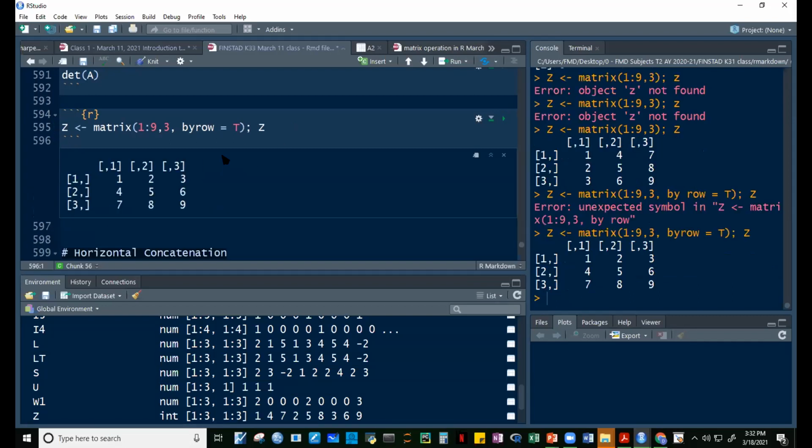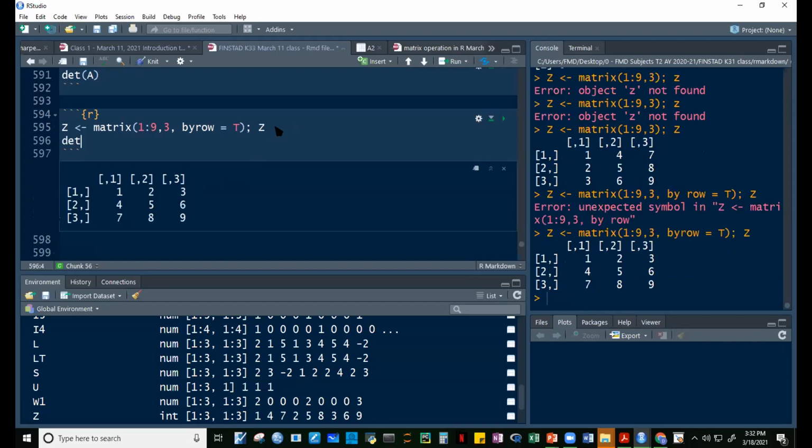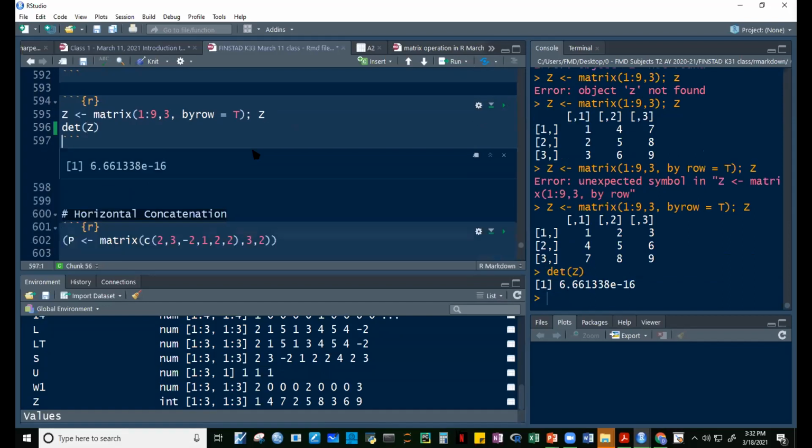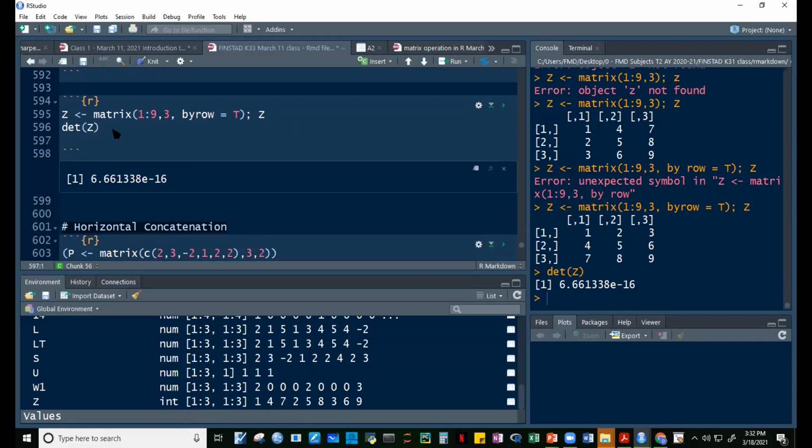Yan. 1, 2, 3, 4, 5, 6. And let's get the determinant of this. Hindi yata ano to. And practically 0, no? Okay, let's try this, guys. So this matrix, yung 1, 2, 3, 4, 5, 6, 7, 8, 9, ang ano niya is practically 0, no? Yung determinant niya. Okay, then let's create an object called Z